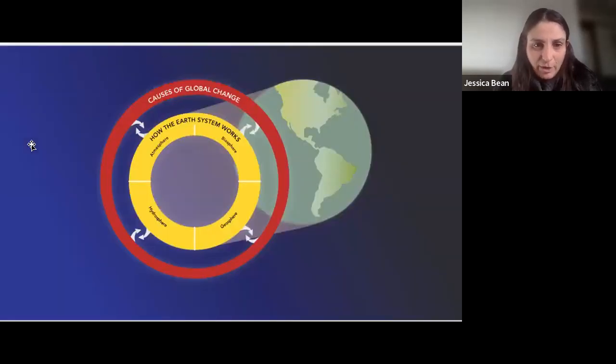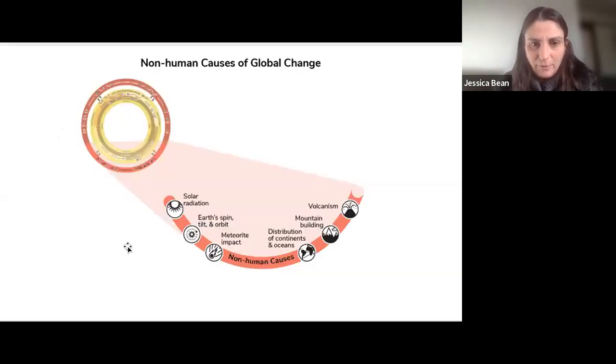So next, we're going to look at our causes of global change. And as I mentioned, we've divided those up into both human and non-human causes, because in deep time, we have to be thinking about things that have caused global change in the past, which are still going on today, but not at a rate and magnitude that can explain how much the world is changing, especially over the last 200 years. But in deep time, over tens of thousands to millions of years, we have to look at things like changes in solar radiation or Milankovitch cycles or spin, tilt, and orbit, or meteorite impacts. And then also major tectonic events, changes in distribution of continents and oceans, mountain building, volcanism, as I mentioned earlier.